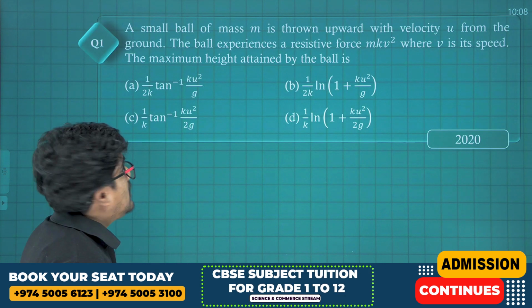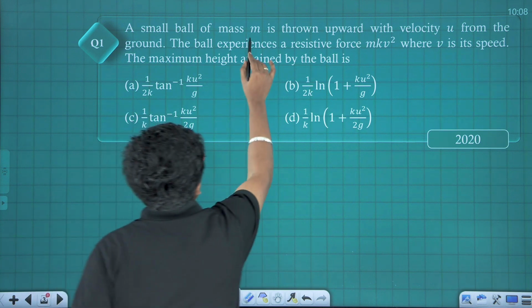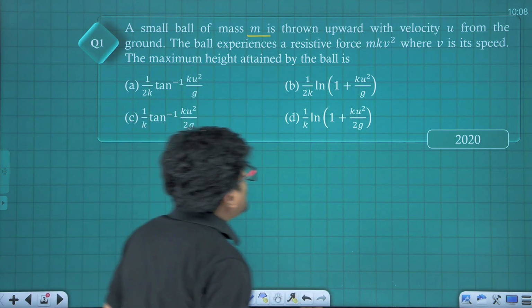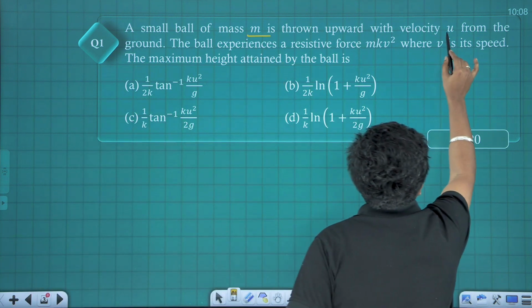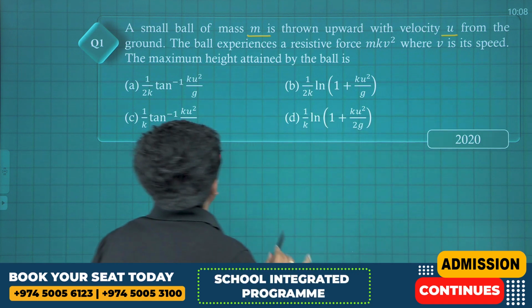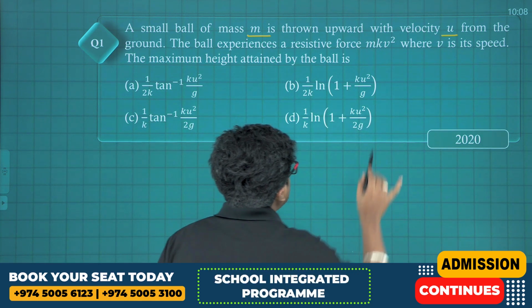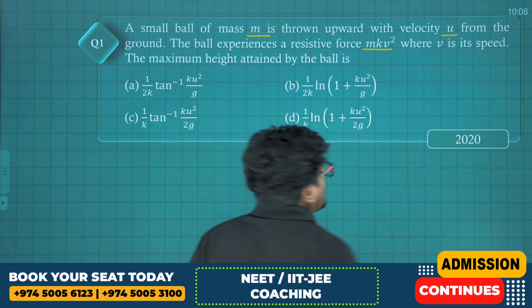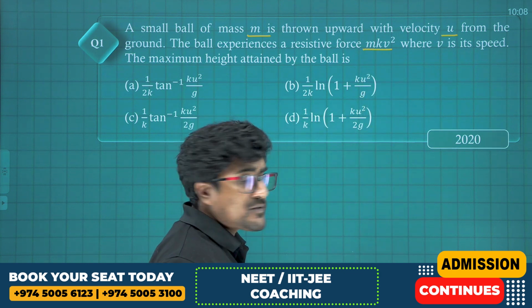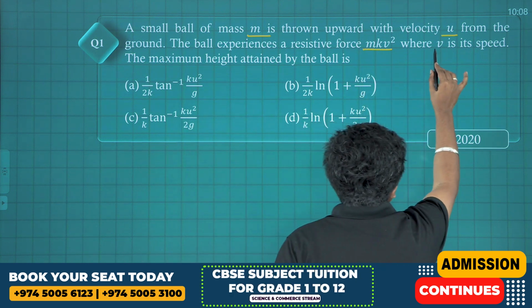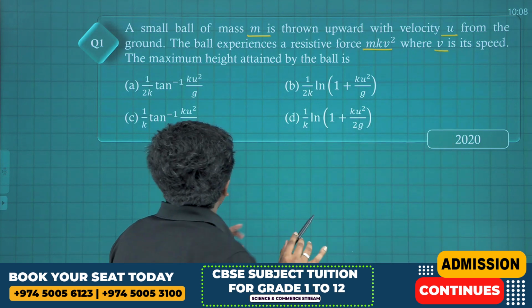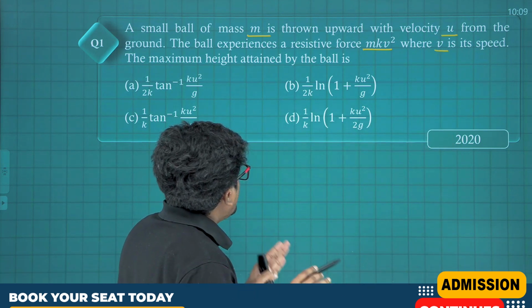A small ball of mass m is thrown upward with a velocity of small letter u from the ground. The ball experiences a resistive force m times kv square. So that is a force where v is the speed, and the question is the maximum height attained by the